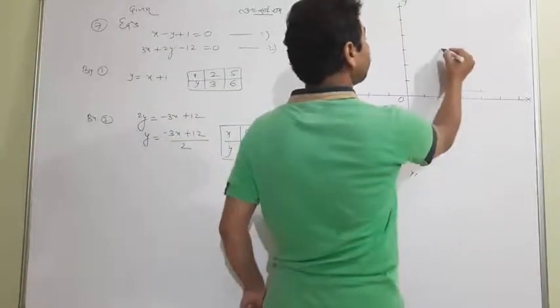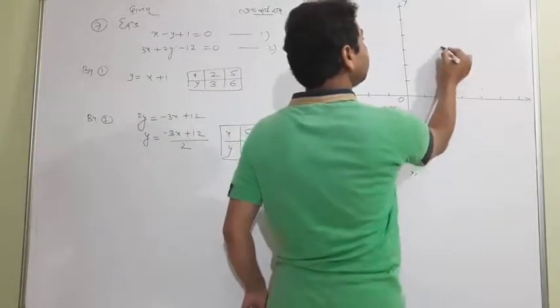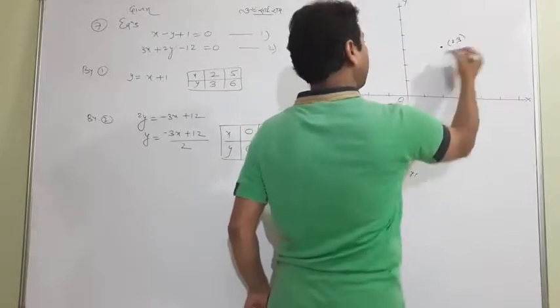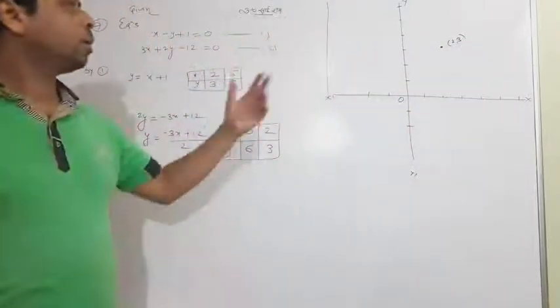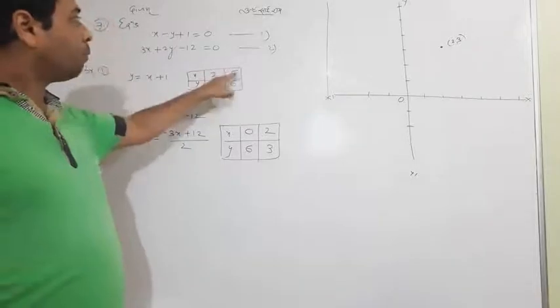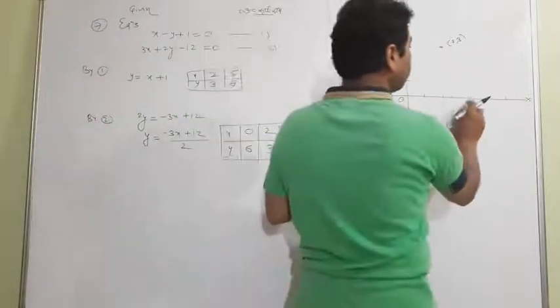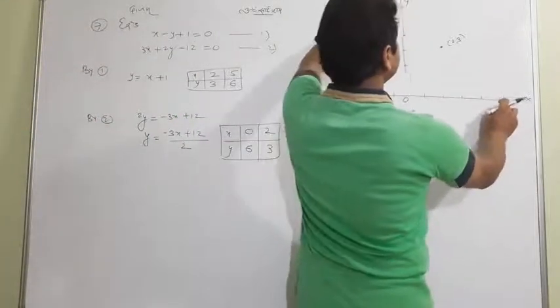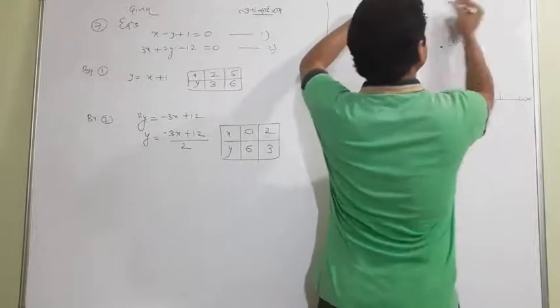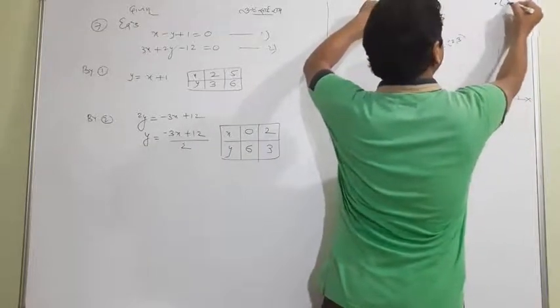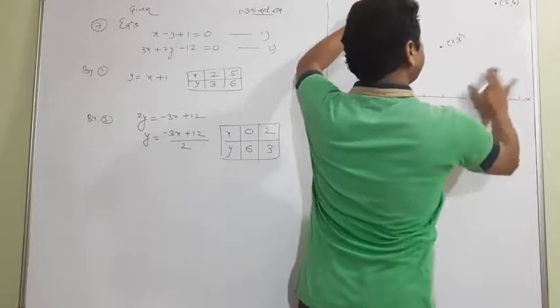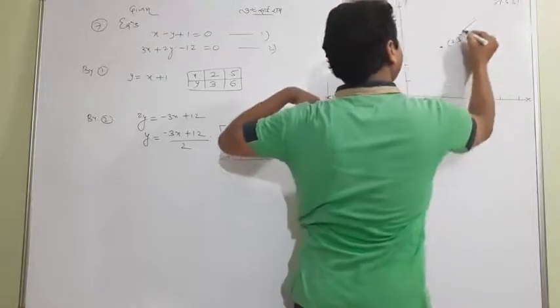2 and 3 approximately here. It's a freehand picture. So if some point seems slightly off, please accept it. 5 and 6. 1, 2, 3, 4, 5 and 6 is this one. So 5 and 6 may be here. Okay, let me rub it and join them all the way like that.